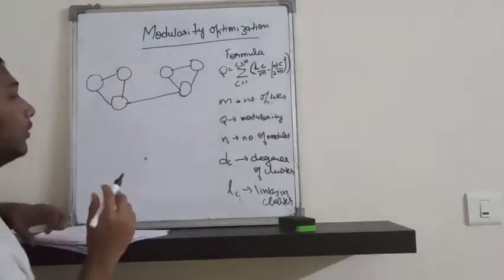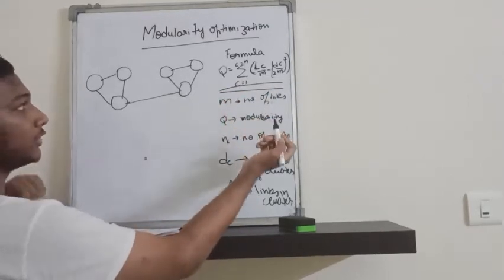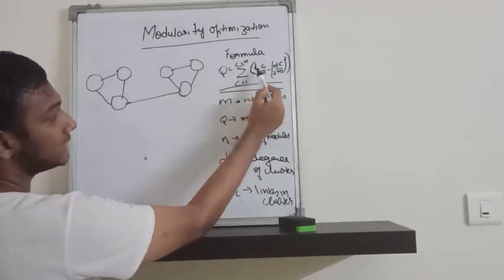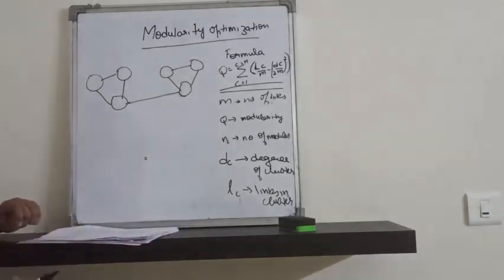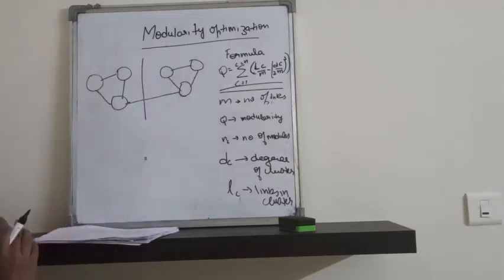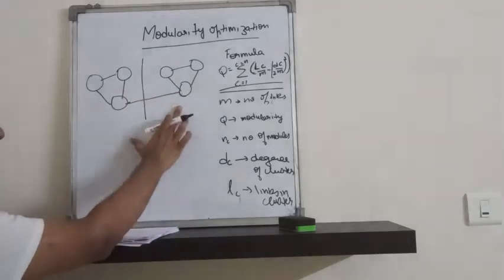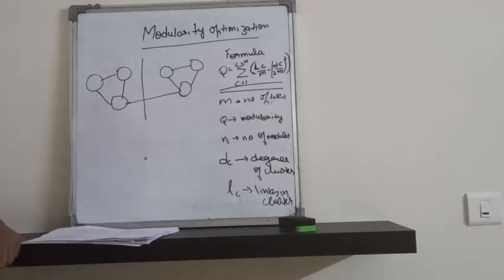Okay, so this is the formula for modularity. In this formula, let me first explain you the terms. First, Q is the modularity. LC is the number of links in the particular cluster that you are choosing. So basically what you have to do is you have to cut or divide the graph into separate modules or components, and you will be finding out Q of each of the modules and add them up, and that will be your modularity value. Based on that value, you will be able to decide which of the clusters are actually there in the graph and which are not there in the graph.